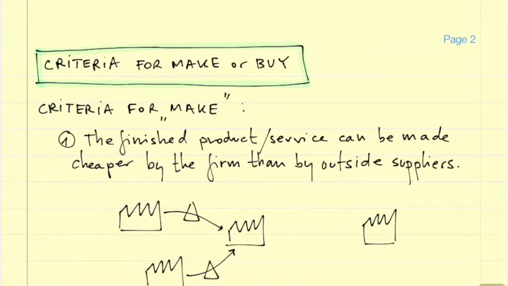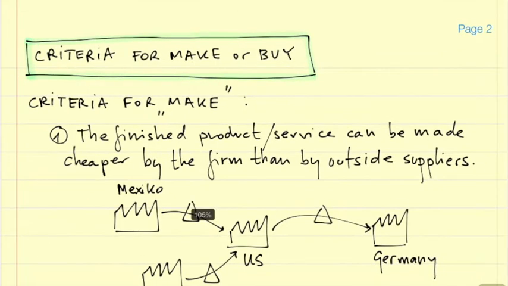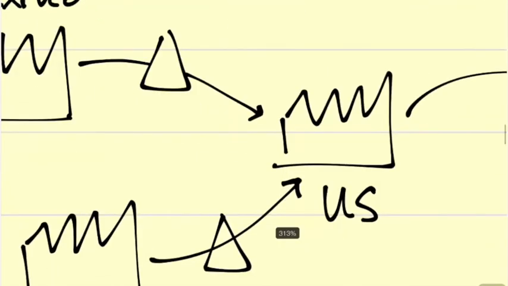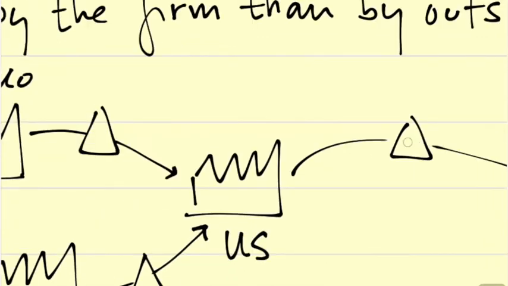Imagine this is Mexico and this is China. They both deliver to a factory in the US, and the US factory delivers to a factory in Germany. Okay, and this triangle is just inventory in between, as we have seen before already. Okay,